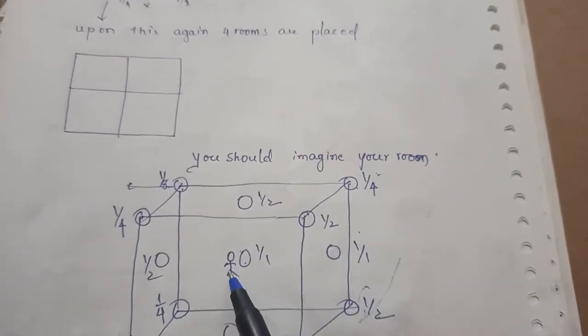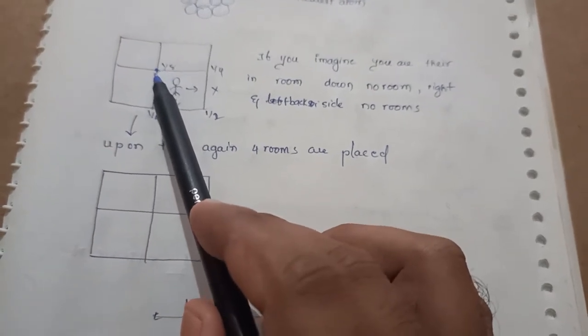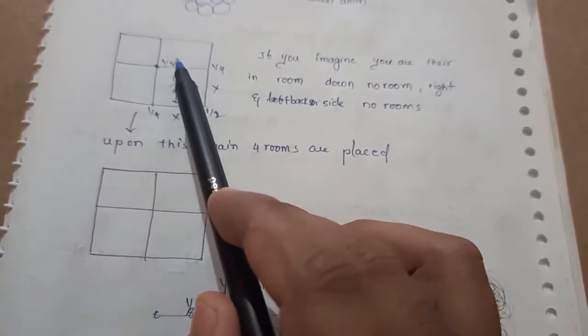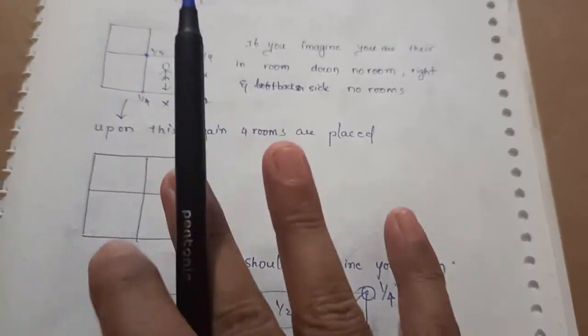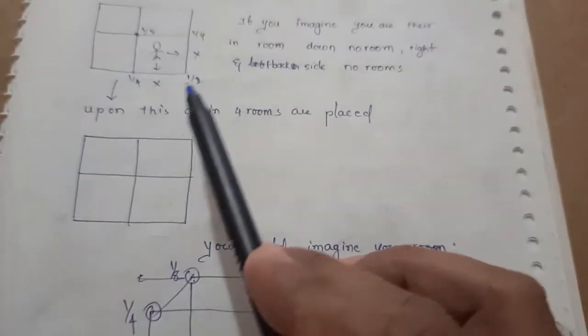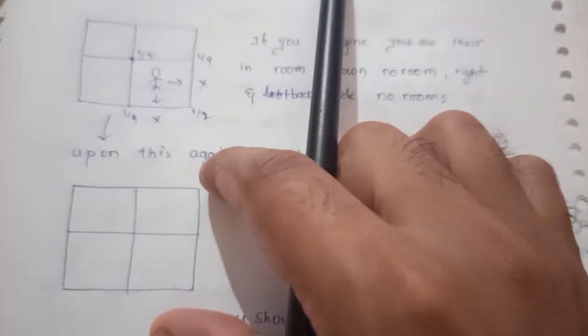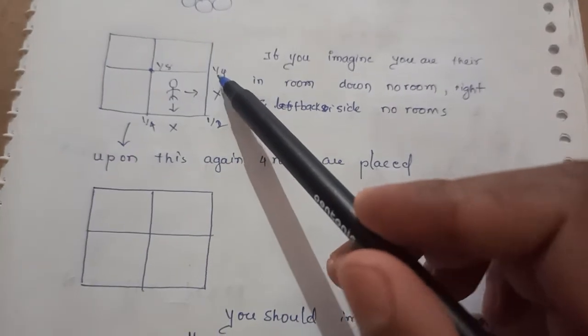Assume that you are here. Whatever this lattice point is, you can consider it as an atom. This atom is shared among 8 rooms: 1, 2, 3, 4, 5, 6, 7, 8. Due to this reason, we call this particular lattice point a 1/8 distribution. Another lattice point you can also consider: you place this here, then what you will get? You will get 1/4.